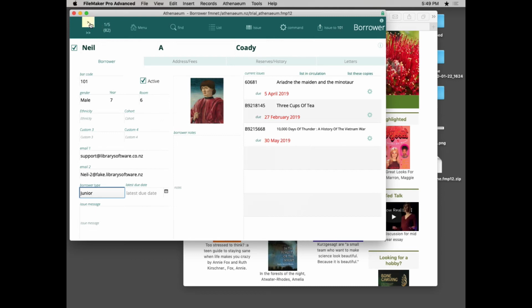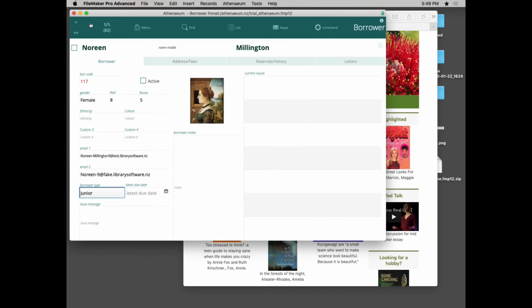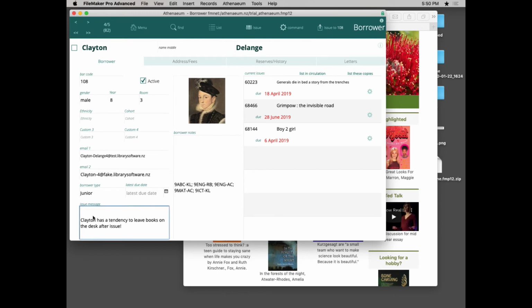And when I step through and look at the other borrowers, you can see they've all been set to juniors. Another thing you might want to look for is the issue messages. Issue messages will still be there from last year. Issue messages are always shown when these borrowers borrow an item. If you don't want the issue message, delete it. If you wish to find anyone who has an issue message and review whether or not to keep that, simply